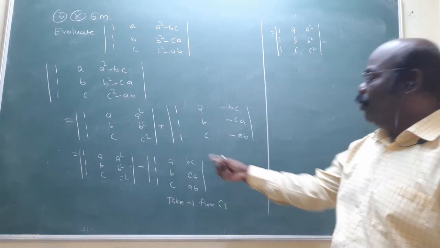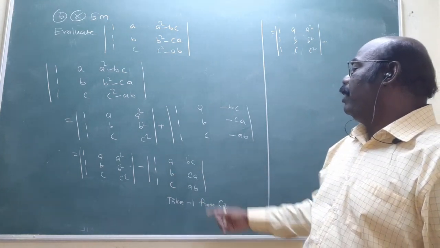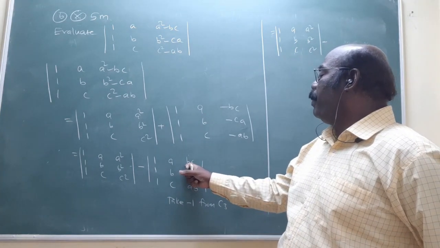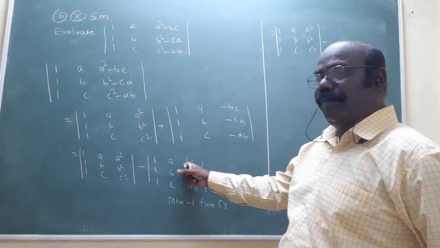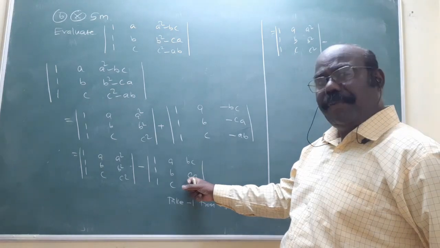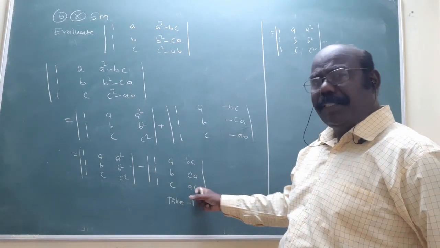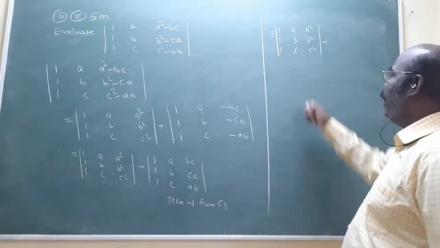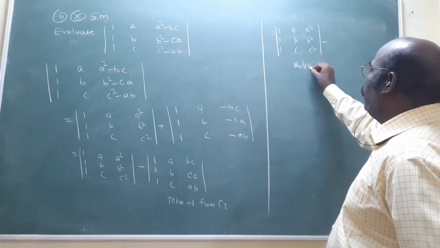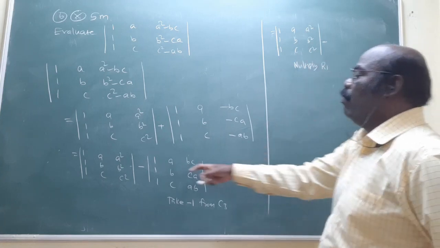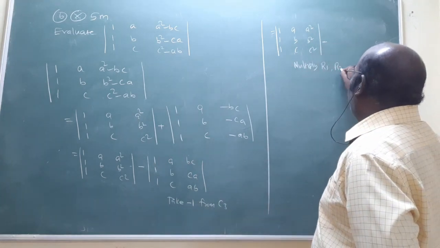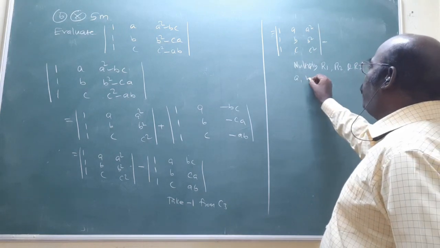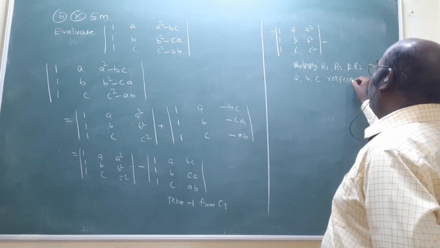Now you want to simplify. That's why here, first one is what? bc is there, ca is there, ab is there. Here suppose you multiply by a, that means what? abc will come. Here if b, abc will come. Here if c, abc will come. All have common abc, you know. That's why multiply. This is the reason actually. Multiply R1, first row, second row and the third row by a, b, c respectively.